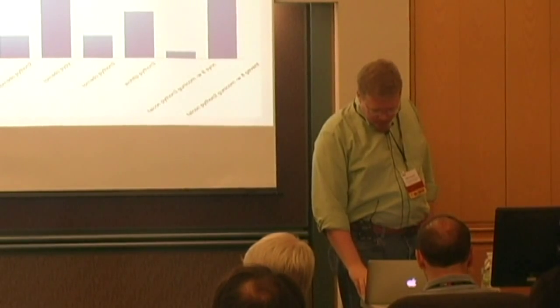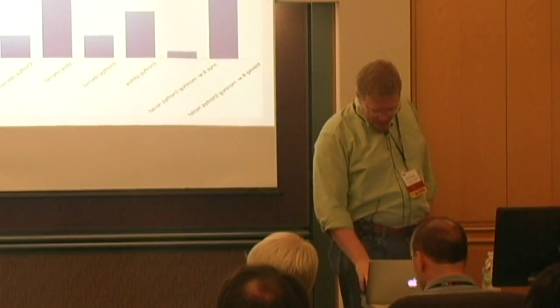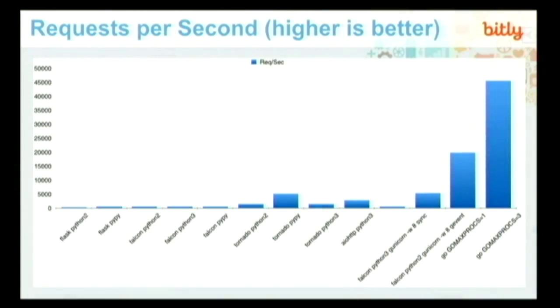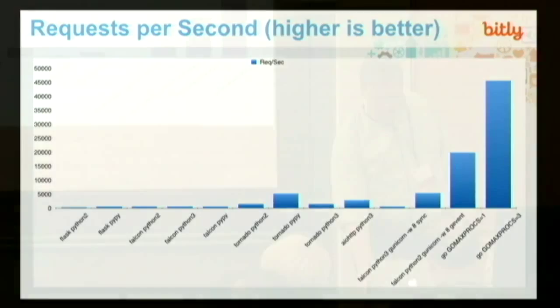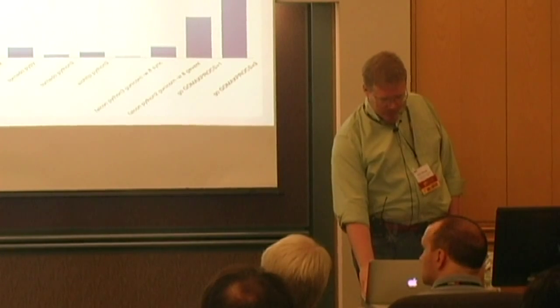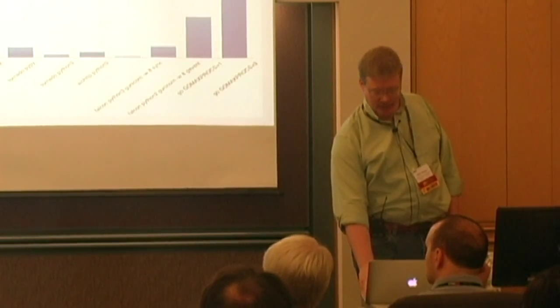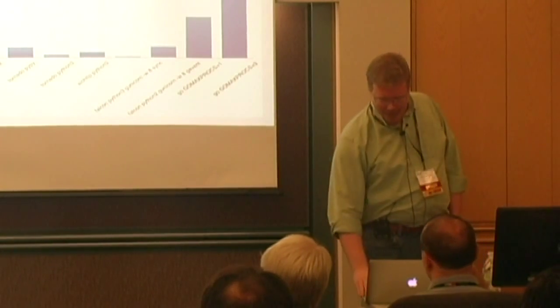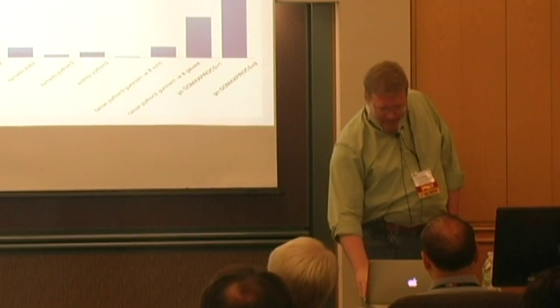But just for funsies, let me add the Go columns in. Yeah, that's Tornado PyPy. That's gevent Falcon, and then there's Go. 1 max proc, 20,000 requests a second. 3 processors going, 46 and change. Some languages are better at handling resources and availability than others. Yeah, well, it's a thing.